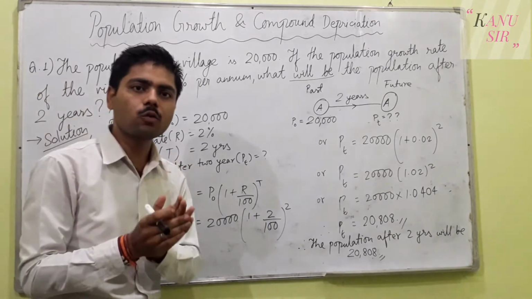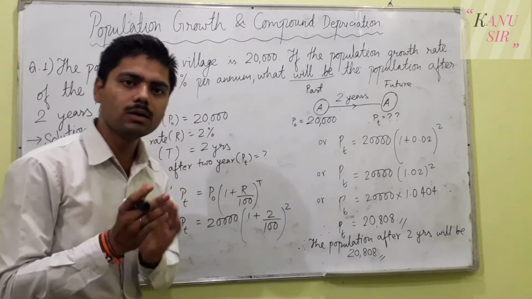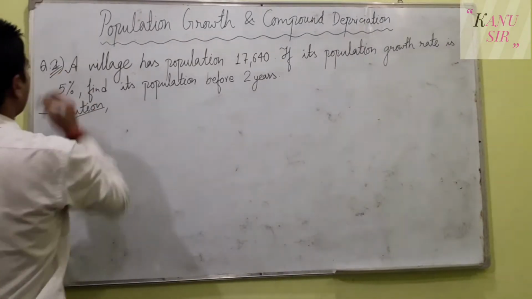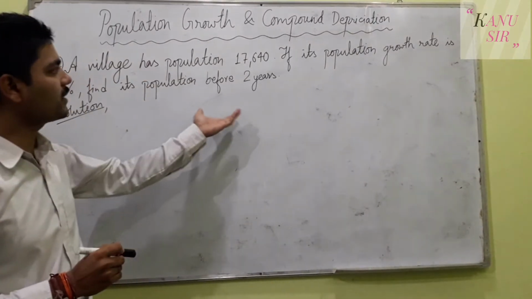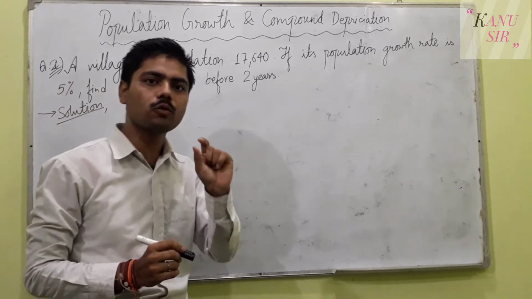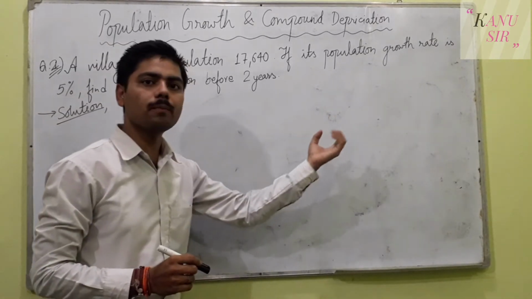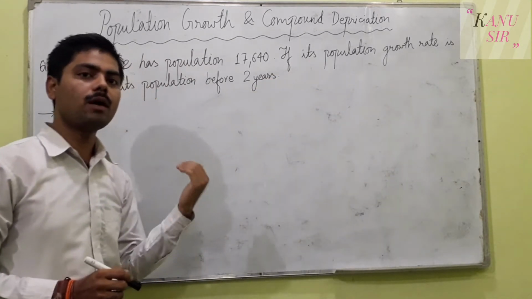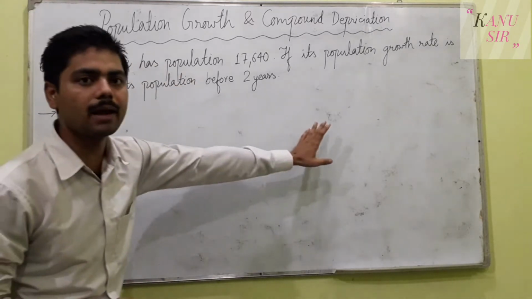Now a little bit different question than this is question number 2. Let us go for question number 2. Here in question number 2, the question is almost similar to the first one, but here is the next concept that we have to understand, and that is we have to know the population of a place some years before the present year. So let us study the question and make the timeline first.